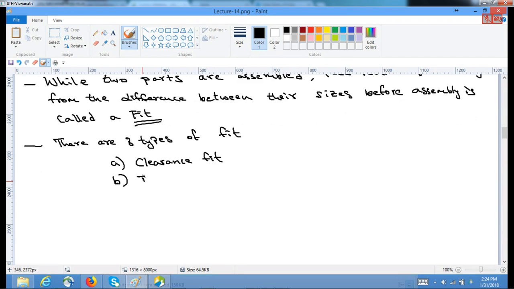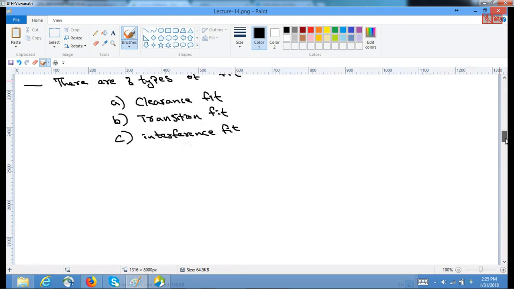Second one is transition fit, and the last one is interference fit. Now, in the clearance fit,